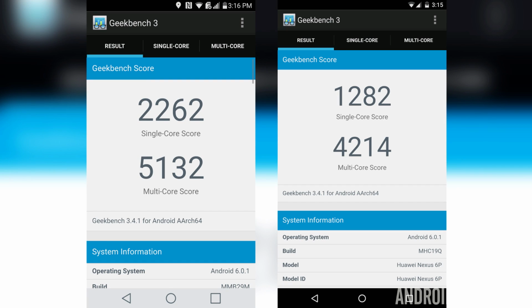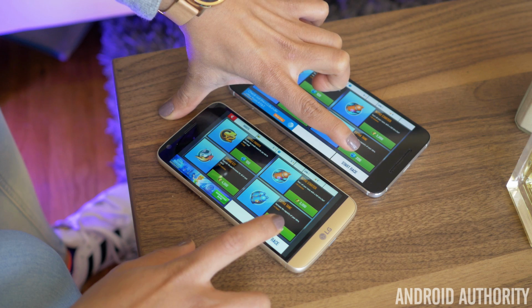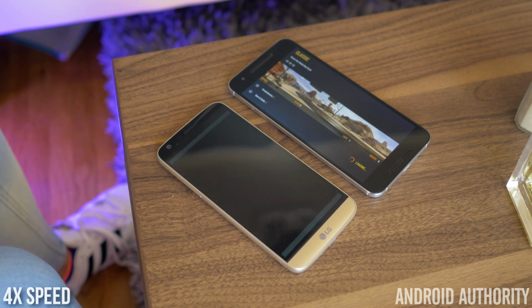Geekbench gave the G5 a nice rating of 5,132, while the 6P only received 4,214. And Tutu's benchmark had an even bigger difference between the two, with 125,000 on the G5 and only 69,000 with the 6P. When loading graphic-intensive games like Asphalt 8, the G5 usually ends up loading the game a good 5